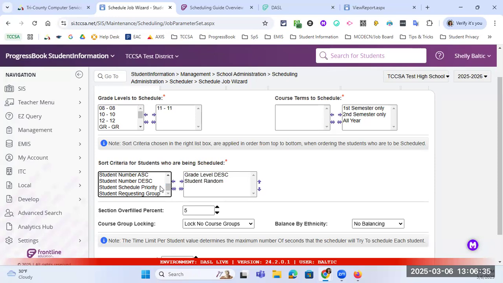So when you are creating a course, hold on one second. When you are creating a course, and my guess is my other screen timed out. It did. Give me 1 second to log back in. When you have a course in context and you're creating that course, you can give it a scheduling priority. This is different. So students also have a scheduling priority. So maybe it's a student that's graduating early. That might be the time where they might have a different